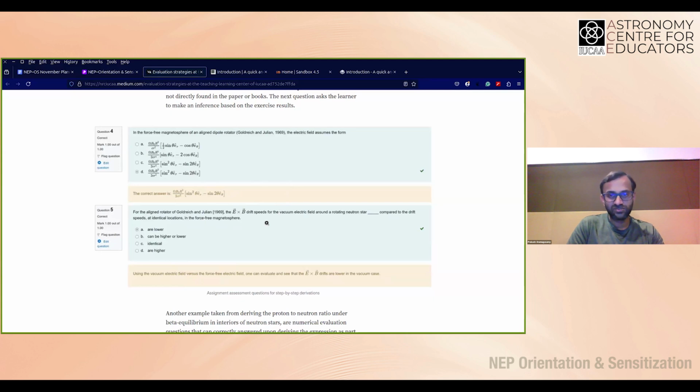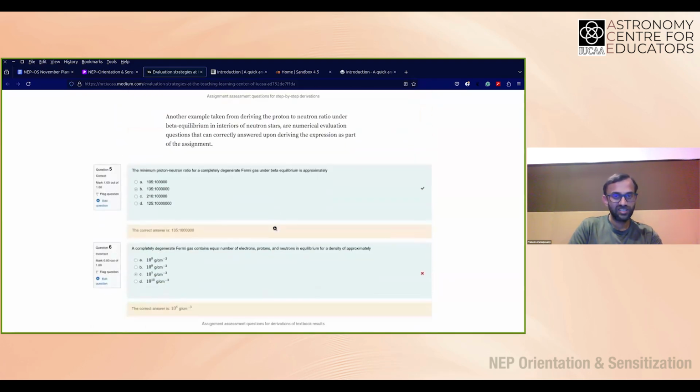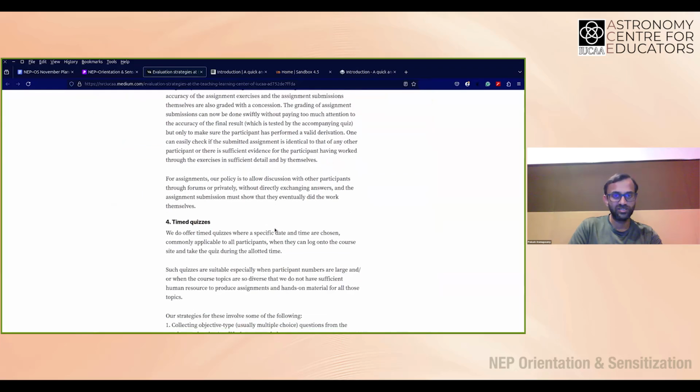But for assignments, once we have a partial grade through these assessment quizzes, then looking at the assignment, we just have to give a cursory view to ensure it sort of makes sense overall. We don't have to look at the individual steps, because much of what they have gained from the assignment has been tested here objectively. We just have to look that, okay, everything looks in place, it seems okay, and no two assignments look completely identical, something like that. So we do go through them, and there's some amount of credit given to the assignment and some amount of credit given to the questions that are based on the assignment. And I think that also works pretty well in these online courses.